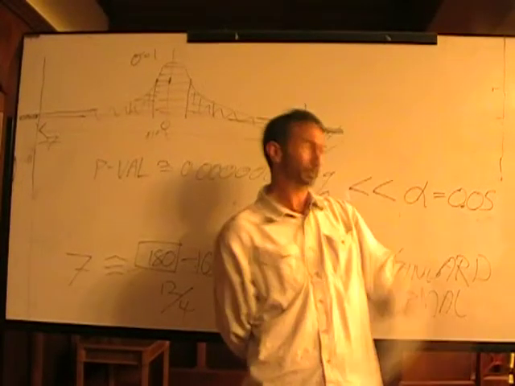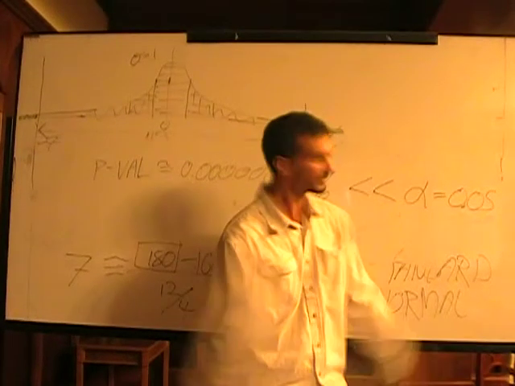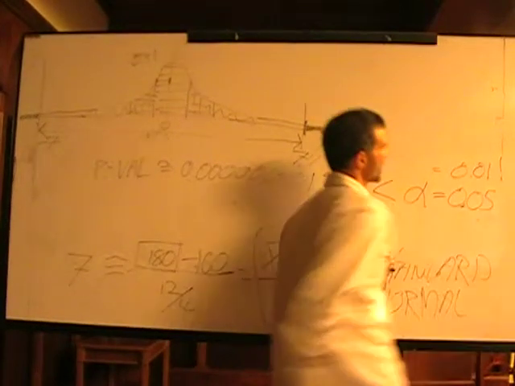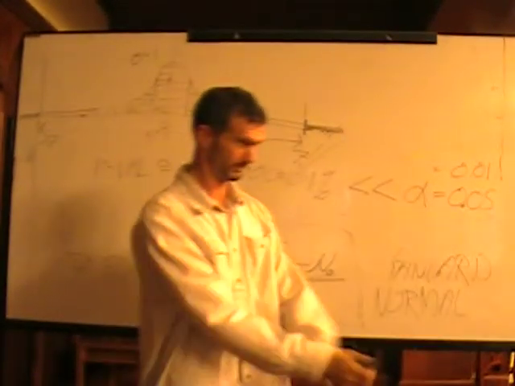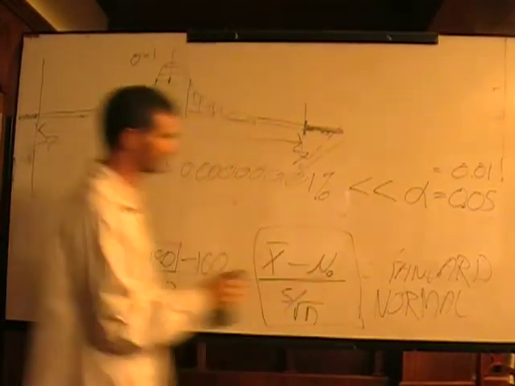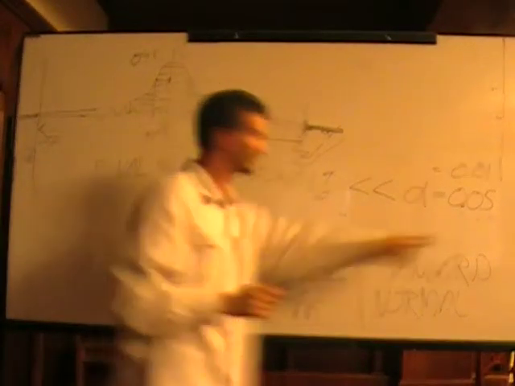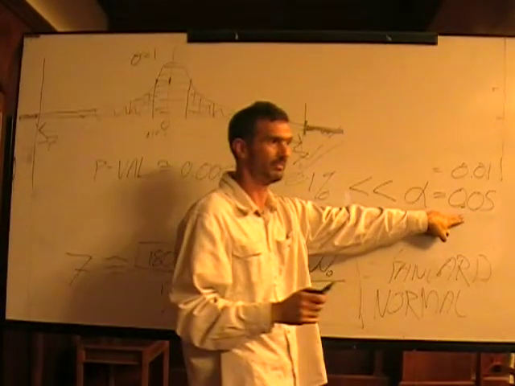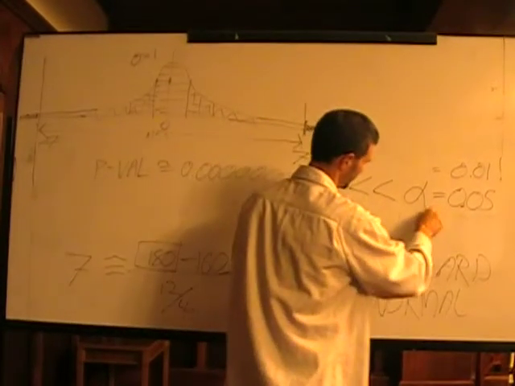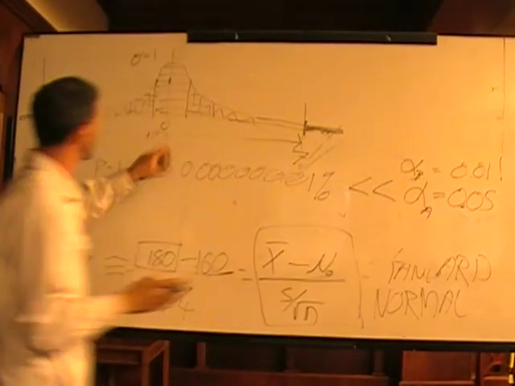Let's say that alpha is 0.01. How is that described in that graph? Let's see. First, let me draw 0.05, and I'll draw both alpha A and alpha B. Okay. In this picture,